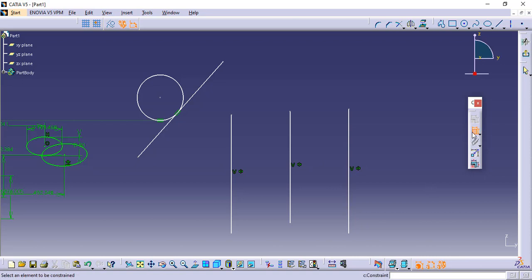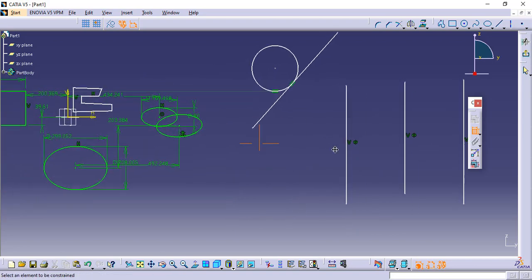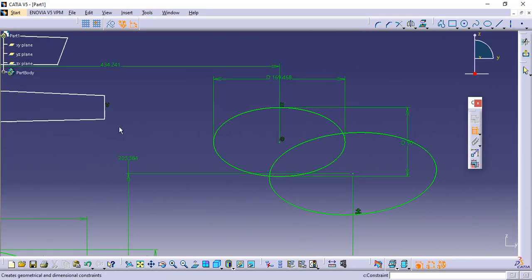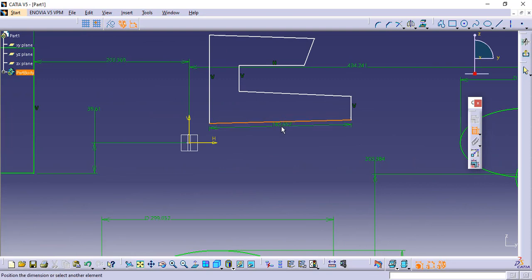You just select the command, what type of dimension or geometrical constraint you have to give. If I want to give the length of a line, I need to select that particular line. If I need to give an angle, I need to select two lines. Like I will show you here, I need to give the angle of this line with respect to this line. So I will select this line. The inside angle or outside angle depends upon you. If inside, you can drag the mouse inside. If you want outside, drag the mouse outside.